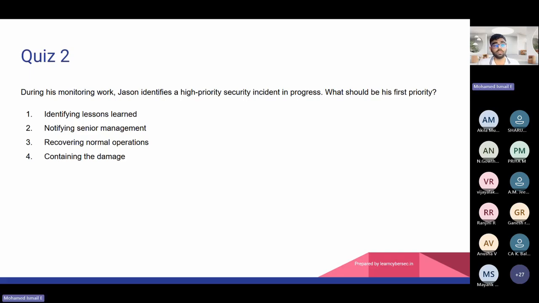So the third is not applicable. The fourth one is the answer, because he identified there is a hacking happening, so he is going to apply containing the damage. Containing means isolating, or instructing the respective team to isolate that particular device from the network, or follow the incident response plan to shut the device, as per the plan, based on the device impacted. If it is a SQL database, they cannot shut it down live. There would be some process. If there is a backup, they route the traffic to another backup SQL server, take the server out of the pool and mitigate.